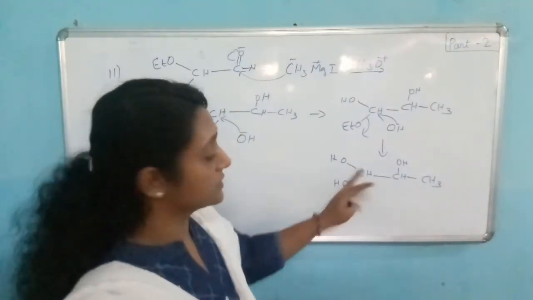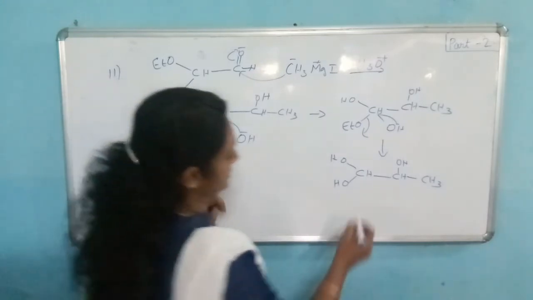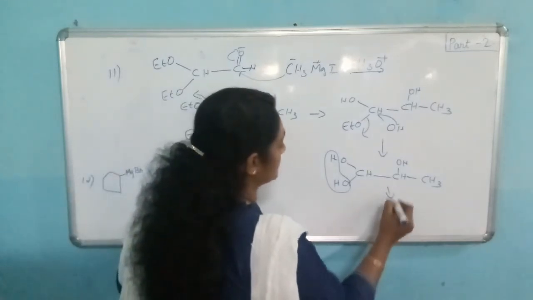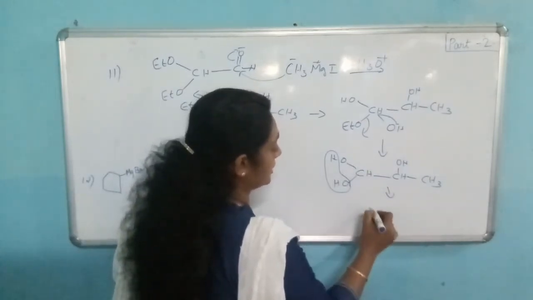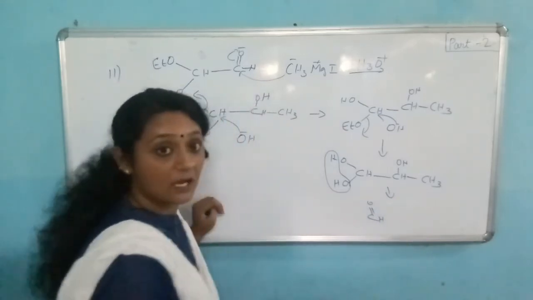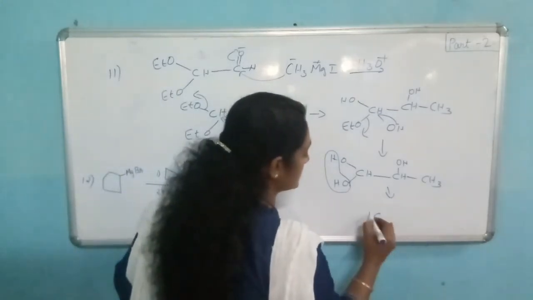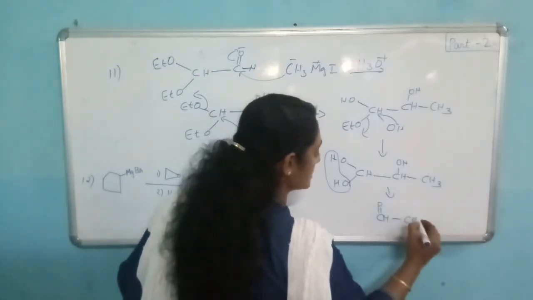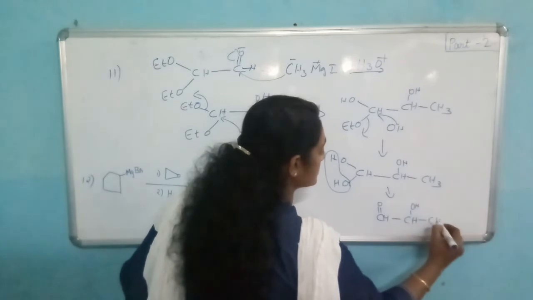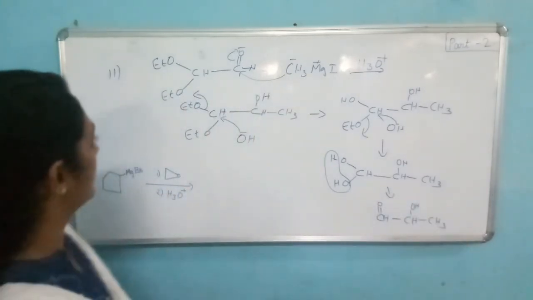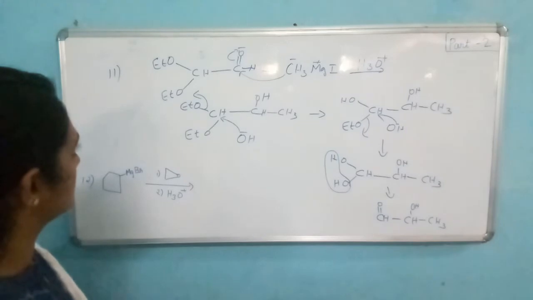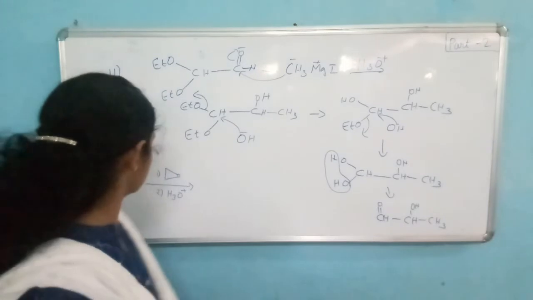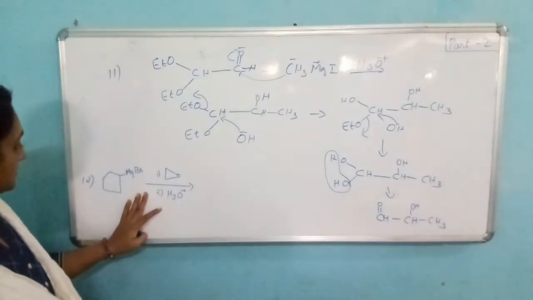See, two OH groups on the same carbon atom. It is unstable, therefore water gets eliminated and it is converted to C double bond O. That is the aldehyde group, right? The CHO, CH double bond O, CH(OH)CH. Okay, that's the product. Okay, next problem is